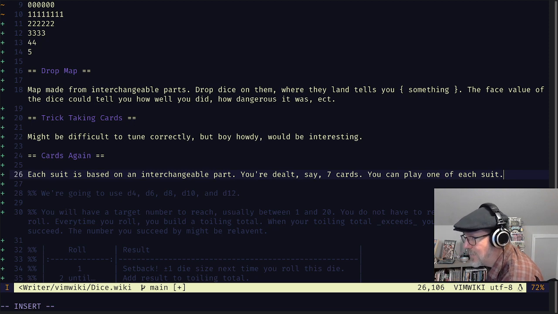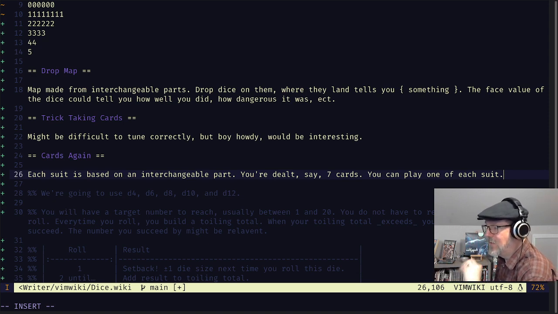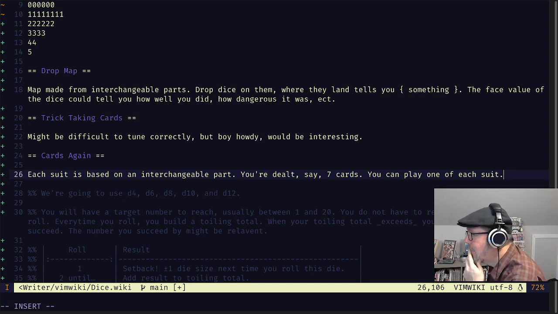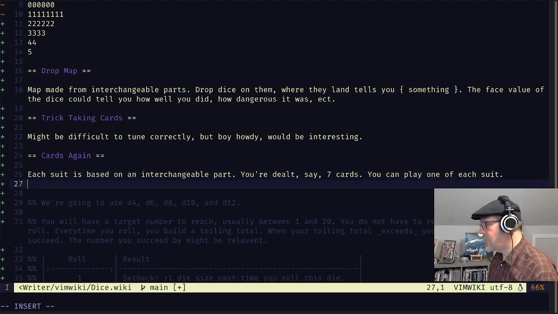You might be able to play those 3 and add them together, or maybe all of the values on the cards are pretty low, like 1, 2, and 3. You could either play all of the suit and add them together, or you could play one of each suit and multiply them. That might be a thing. Huh. I'm going to write that down.